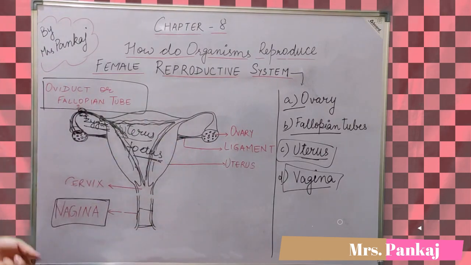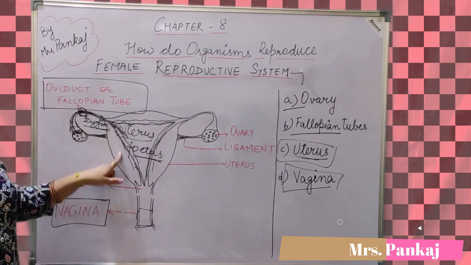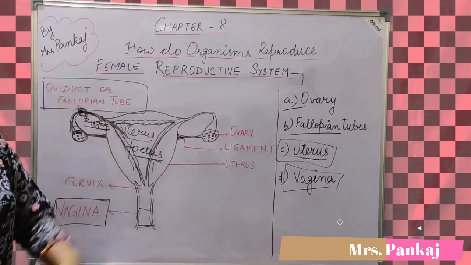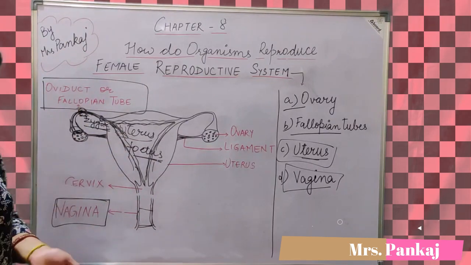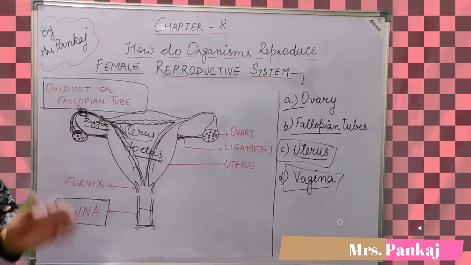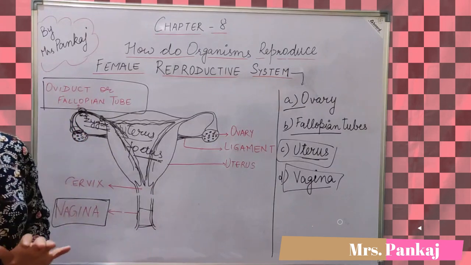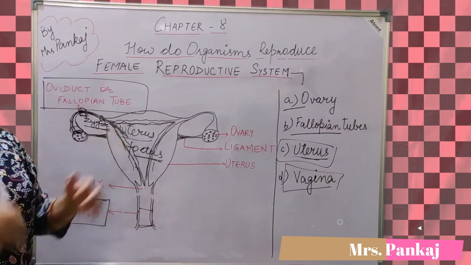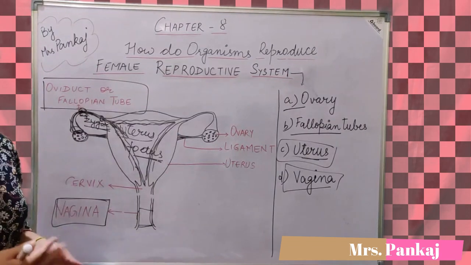This is the other part when fertilization does not occur. This egg along with the lining moves out of the body in the form of bleeding. So this completes the female reproductive system. Now we will move on to our next topic, which is reproductive